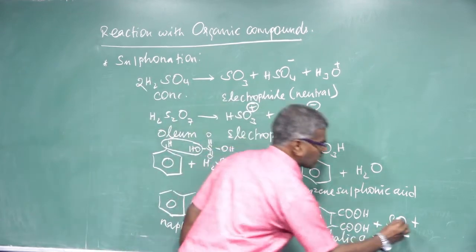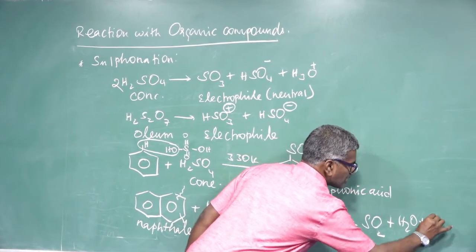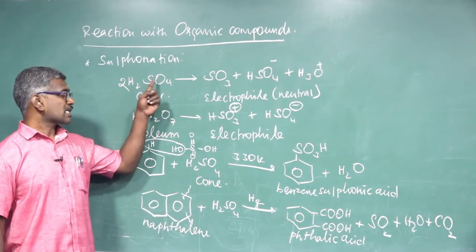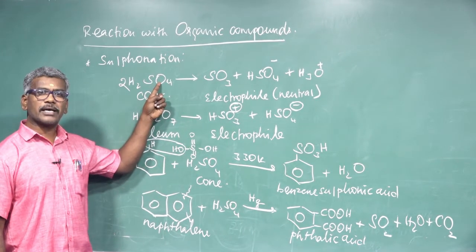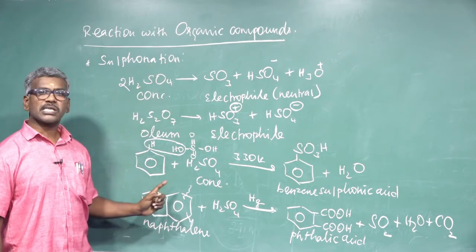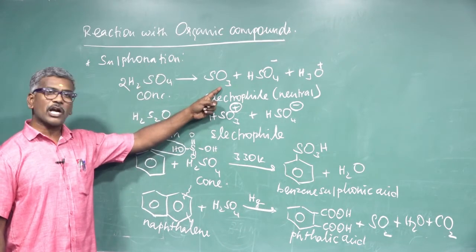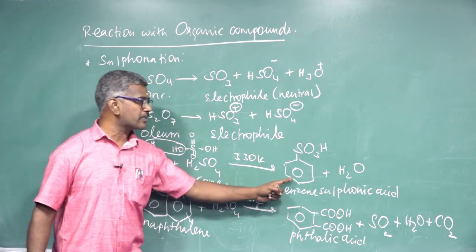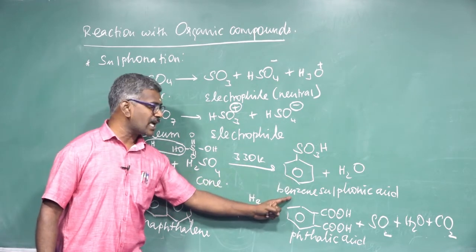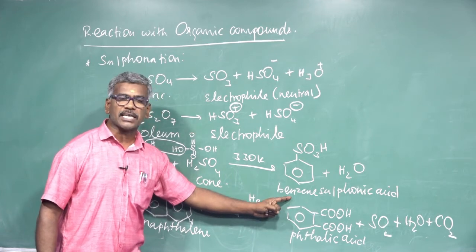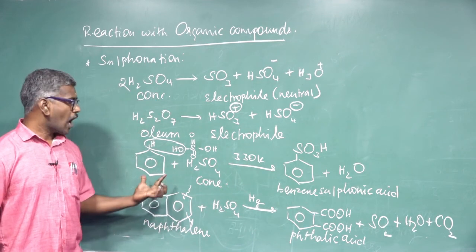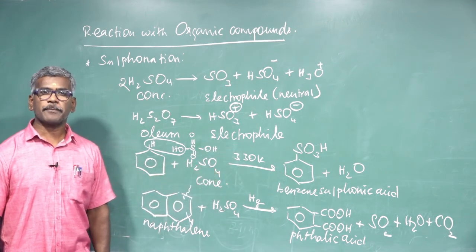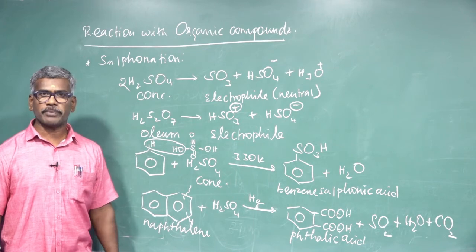Hydrogen reacts with oxygen to form H2O, and carbon dioxide. These are the major products. When sulfuric acid reacts with an organic compound, this reaction is known as a sulfonation reaction and produces an electrophile. The electrophile approaches the benzene nucleus to form a stable compound named benzene sulfonic acid. This is an example of aromatic electrophilic substitution. This type of question may be asked in NEET as a one mark question.